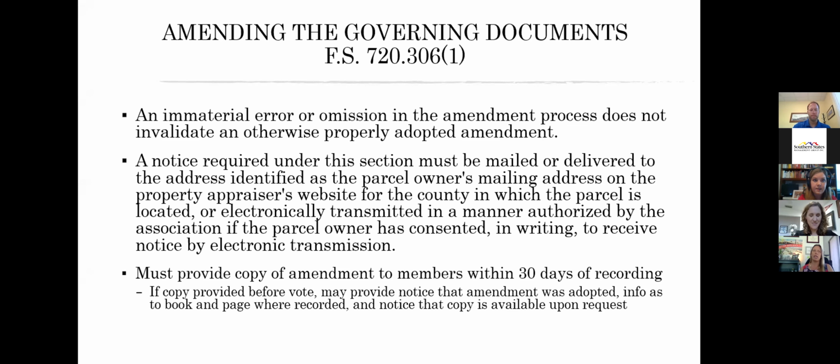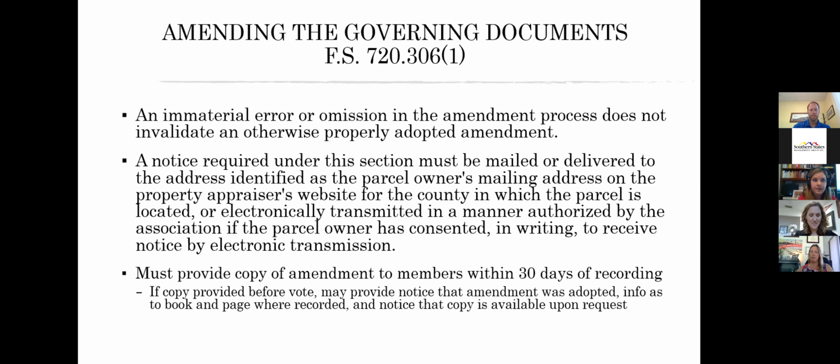So one practical tip is maybe once a year at the beginning of the year, have someone on the board undertake to review and pull up the addresses in the community. Make sure that your mailing roster not only sends notices to the parcel, the lot that's in your community, but also to whatever the owner has on the Volusia County property appraiser's website as their mailing address. By statute, that is where you need to send it as well. So just be cautious about that.